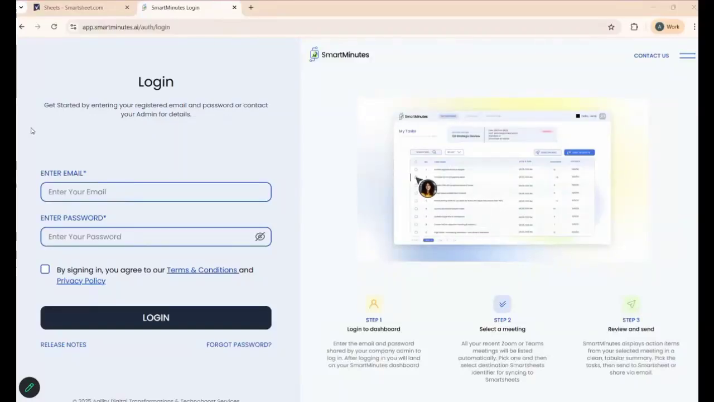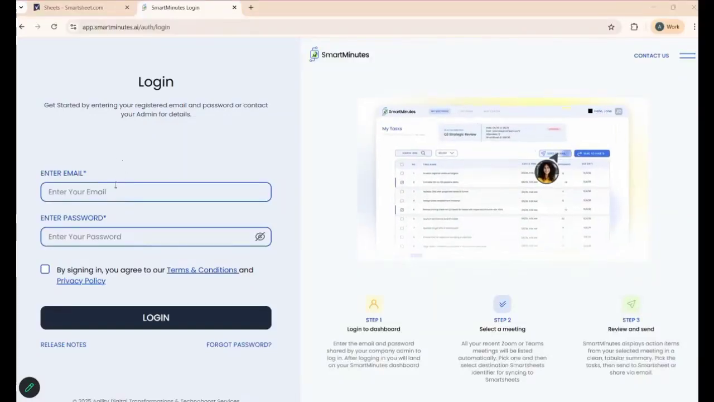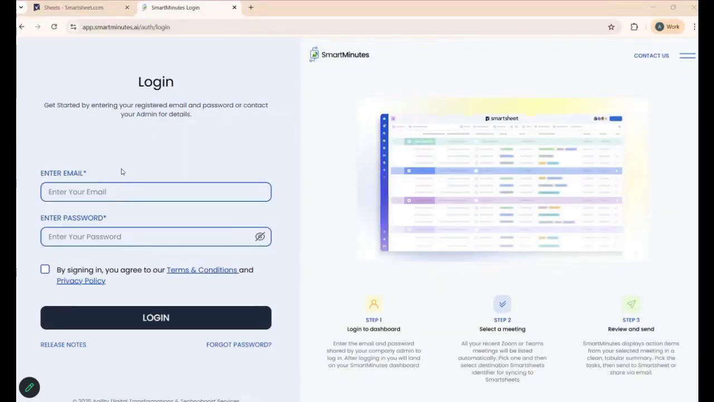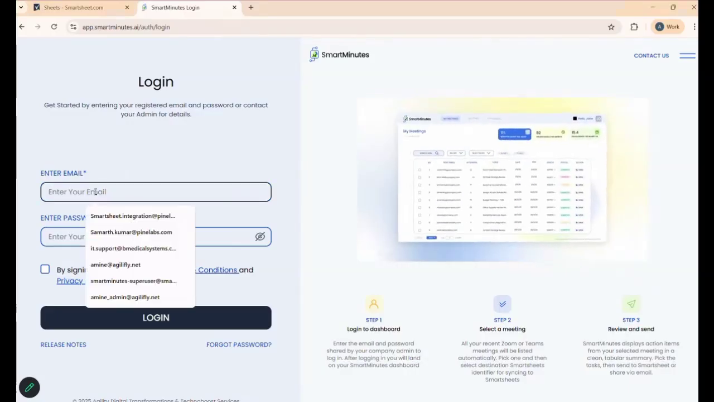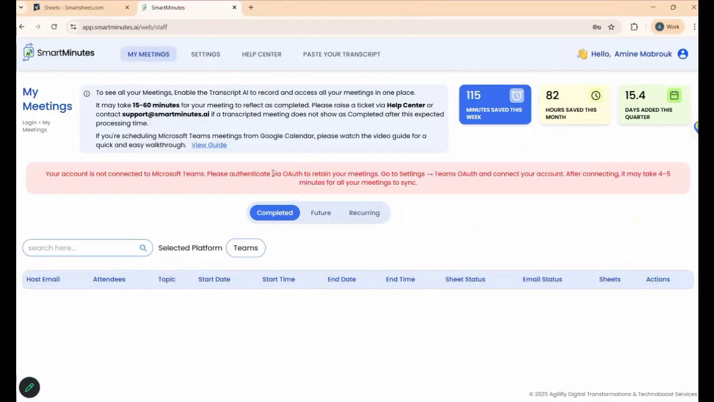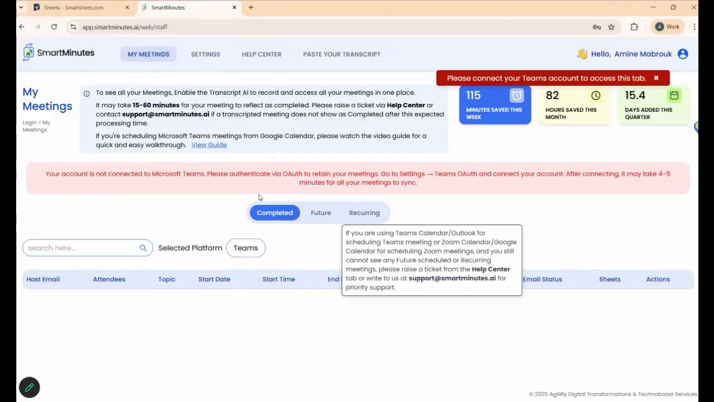Getting started with SmartMinutes, you'll receive an invitation to set up your password and log into your account. Once you log into your account, after setting up your password, you'll end up at your homepage. With this Teams or Zoom integration, you will have your completed, future, and recurring meetings showing up on these